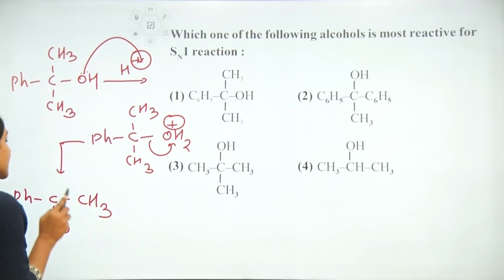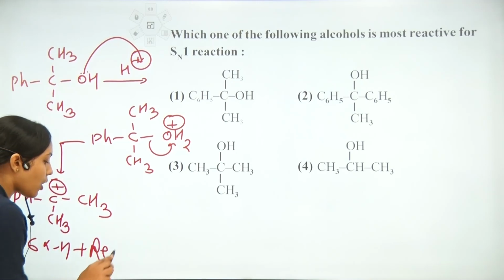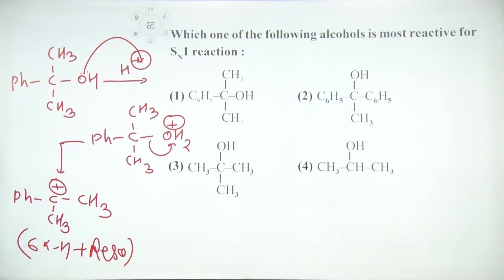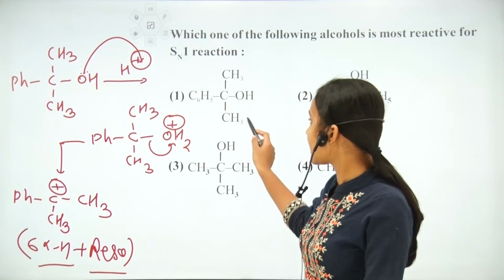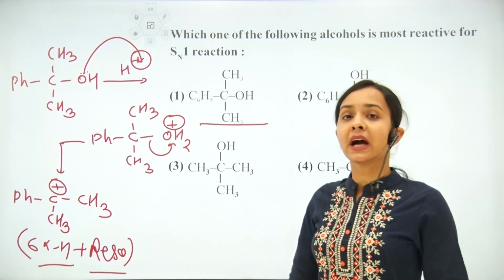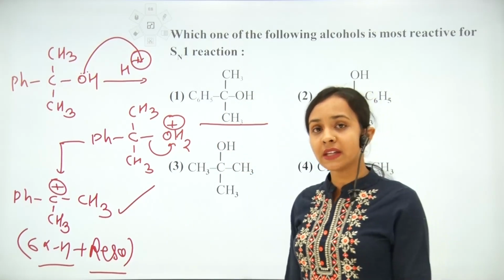So here we have a tertiary carbocation, right? And we know that this carbocation is stabilized by the 6 alpha hydrogens and by resonance of the benzene ring, right? And we know that resonance is the more dominant factor, right? So this carbocation is stabilized by alpha hydrogens and resonance, right? We know that the reactivity of the alcohol depends on the stability of the intermediate, right? So when this first alcohol undergoes the SN1 reaction, we will obtain this carbocation as an intermediate of this reaction, right?